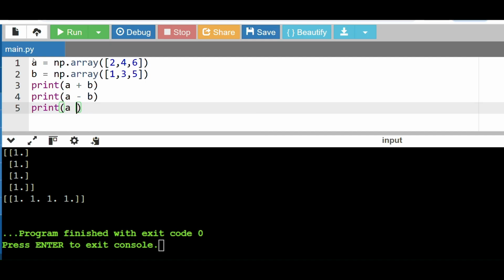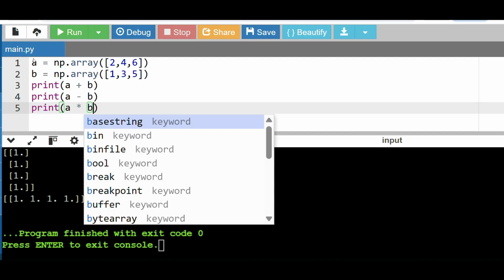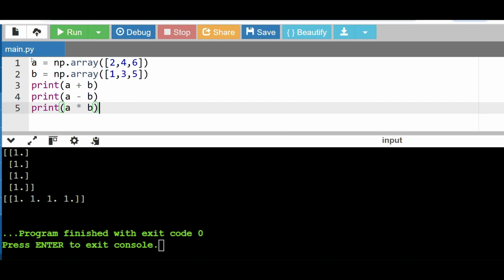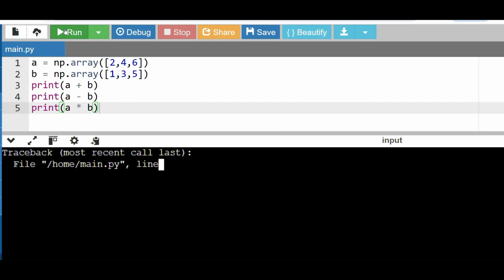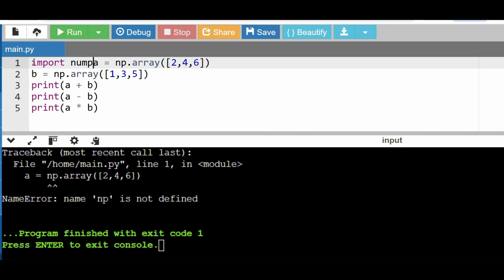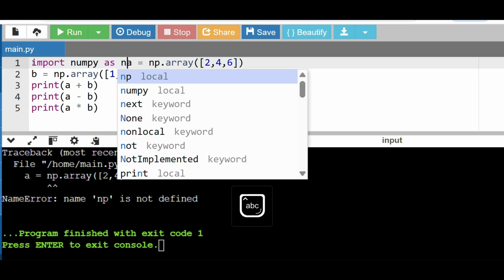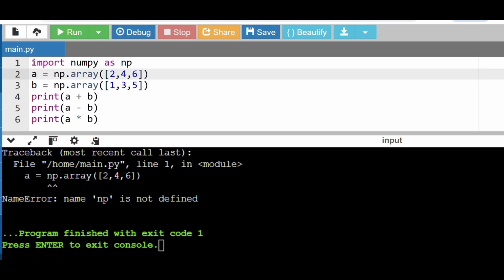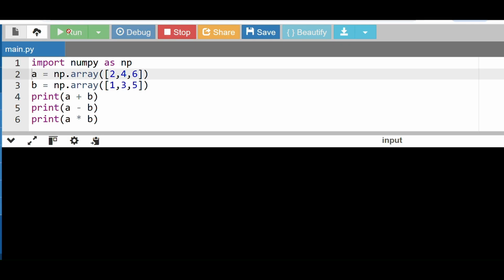The multiplication, will this be possible, right? Or multiplication is nothing but the dot product. But let me see. NumPy is not yet defined. I'm just trying to import the NumPy. Import NumPy as np. Yes, yes. After running,